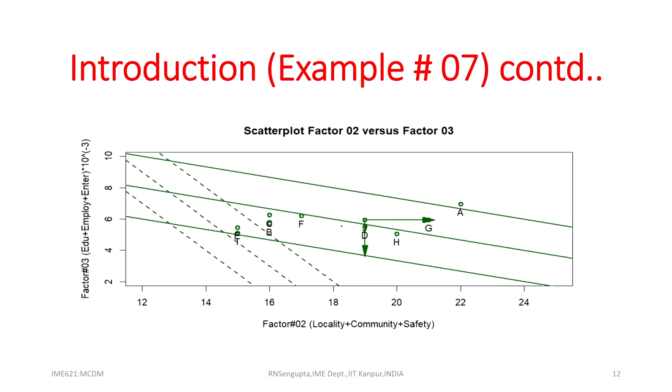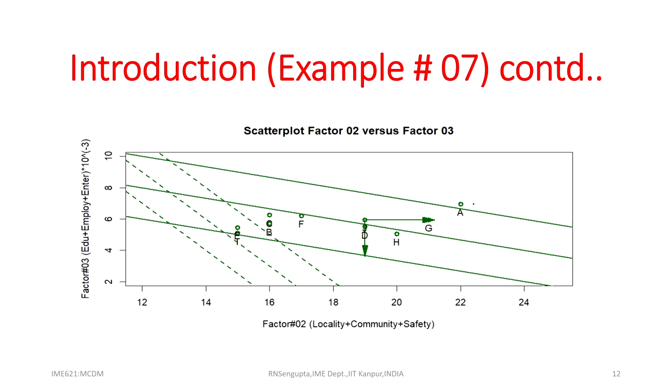If I consider the scatter plot again, the third set of diagrams, shown in green color in slide 12 for this lecture, we are plotting factor 2 along the x axis and factor 3 along the y axis. Factor 2, which is locality, community and safety, is based on the fact that the higher it is, the better. So, more points would mean a better locality. If I consider factor 3, which is education, employment, entertainment, on the scale of 10 to the minus 3 in rupees, obviously that has to be decreased.